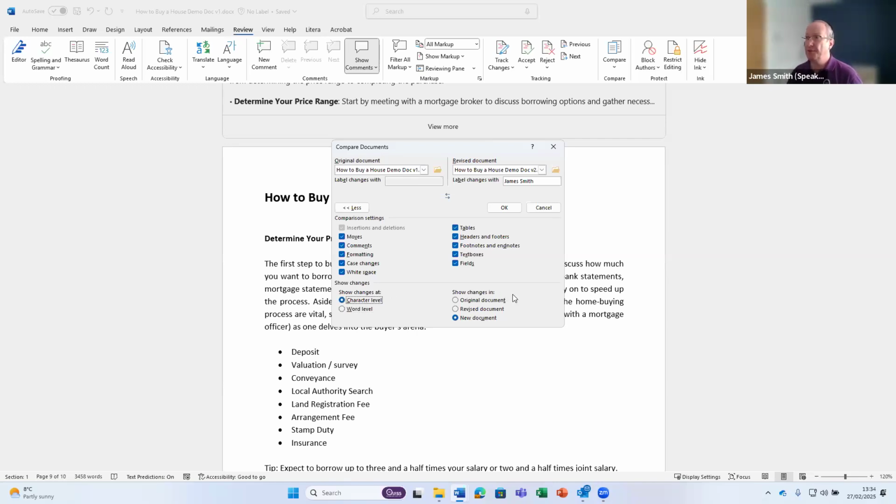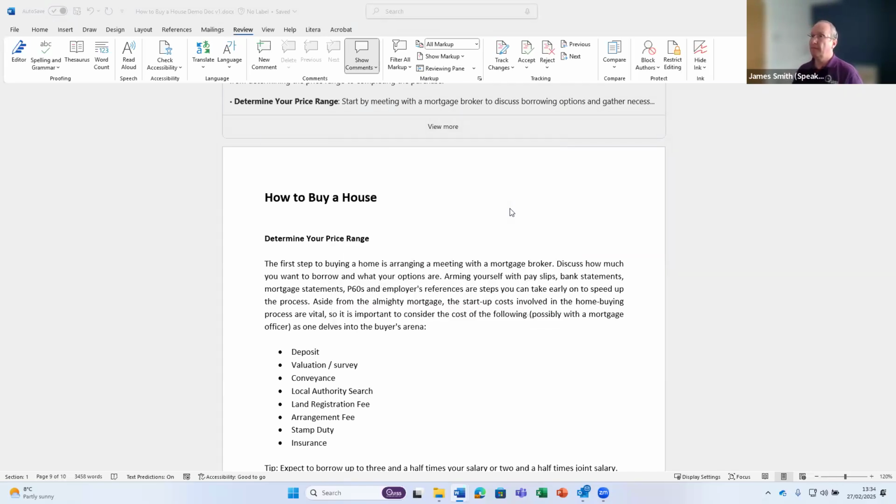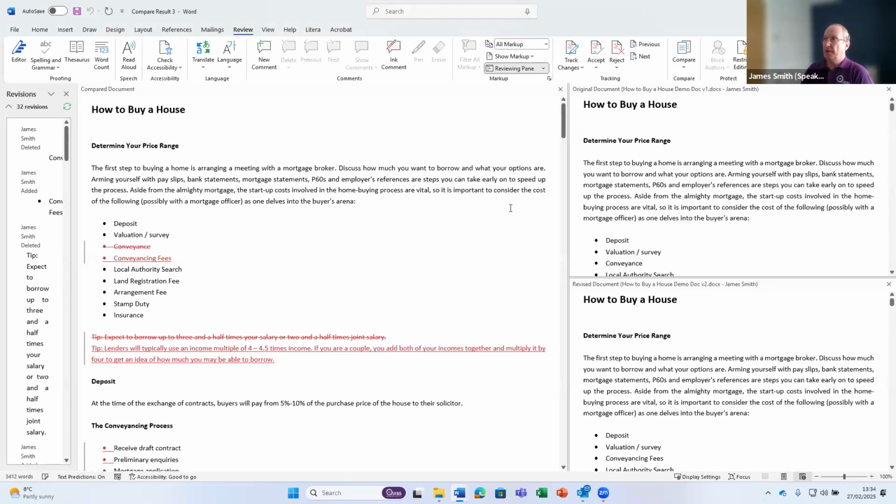And then, where do I want to show the changes? Do I want them in the original document, in the revised document, or do I want to put them into a new third document? For this, I'm going to put it in a new document. I can then go through, accept, reject, and then call this one version 3. So when I click OK, it goes and